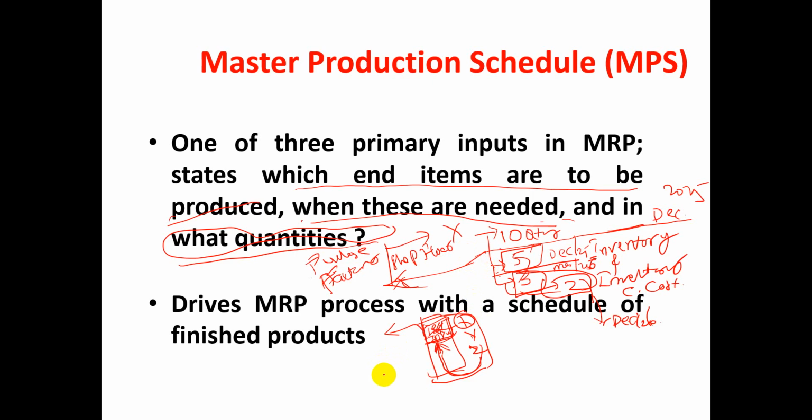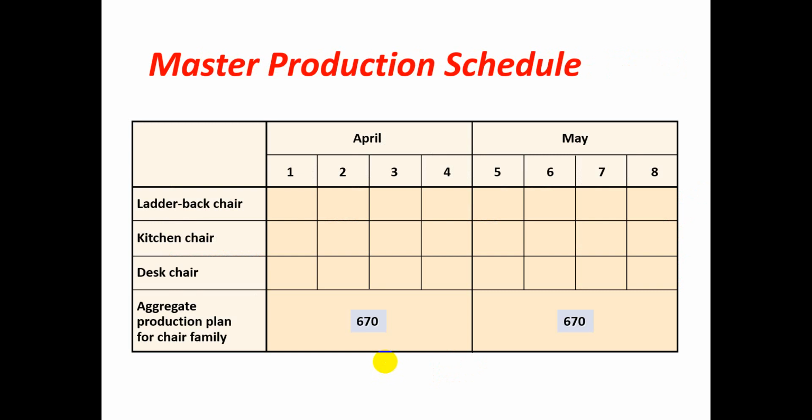The next thing is deriving the MRP process with a schedule of finished products. We see that with small examples. Okay, so MPS, this is the schedule of various months, and weekly wise they have a plan, and in that they want to